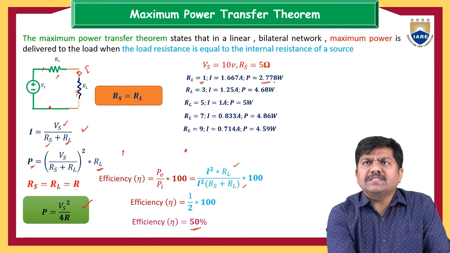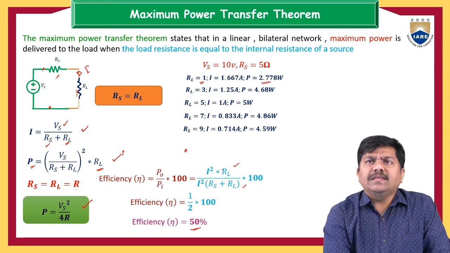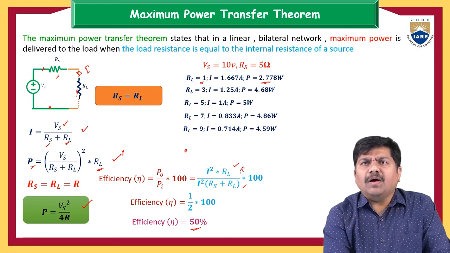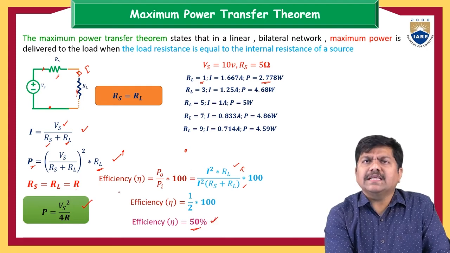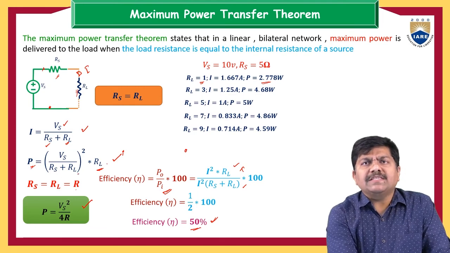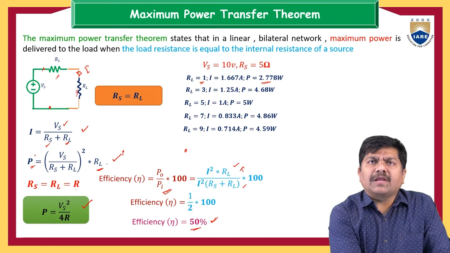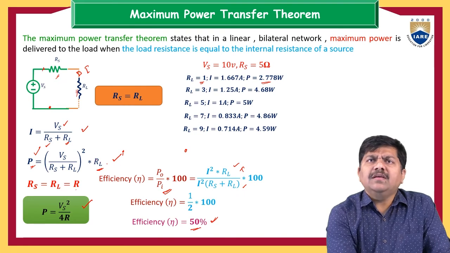And what could be the power here? The power is 2.778 watts. What is the formula we can use here? This is not that formula, because that formula holds good for maximum power to be transferred to the load. If the power is maximum, how much efficiency does the circuit have? That is 50%. But in this case, this power expression is different. This is the generalized expression, where Rs may or may not be the same as RL. This is the actual power calculation expression, and that is the maximum power calculation expression. So this power is Vs square divided by Rs plus RL whole square, into RL.